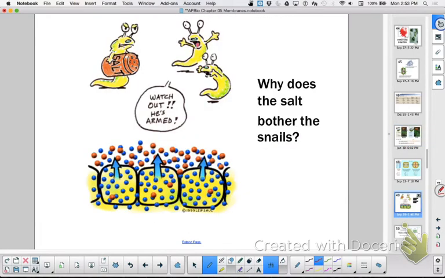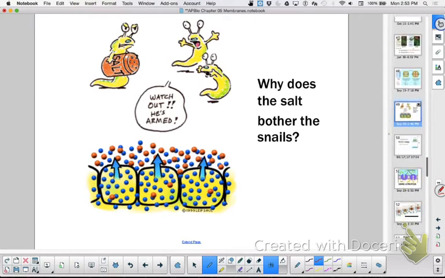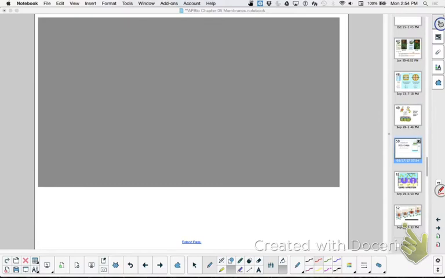So when we look at something like this, why did the salt bother the snails? I know we didn't use this in our lab. But remember, you make a salty environment, water is going to leave the hypo slug or snail and go out to the salty environment, right? So it's always going to flow via water potential. So if here,